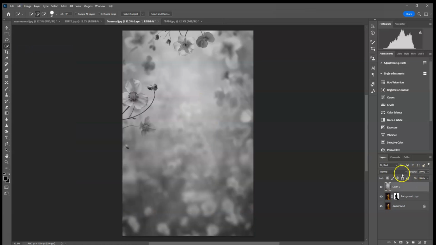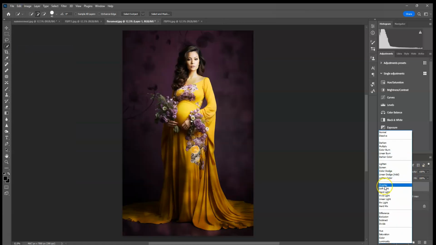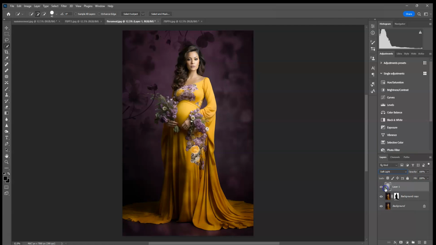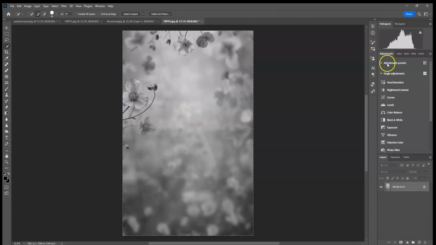Paste, and then as you can see, if I'm using it on overlay or soft light or multiply, there's no more color left to the backdrop because you already did it black and white. So that is another way that you can blend that more easily into the backdrop. Or you could always,